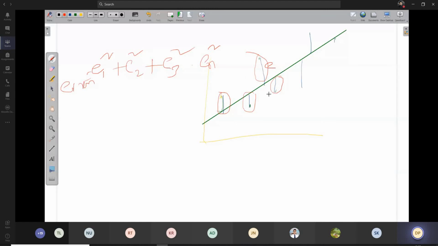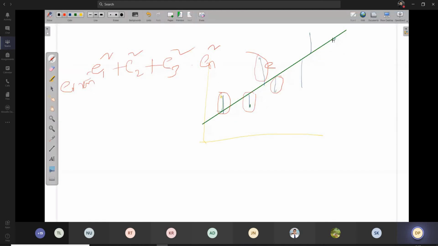It will not be nullified, because if you just add the errors here, say you take this line as positive error and this line as negative error, then sometimes you will find a zero value. So it is meaningless, because though there are errors, because of the sign convention it is giving a zero value, no error it is showing. So what we can do is take the square of those errors. This is one way you can find out.